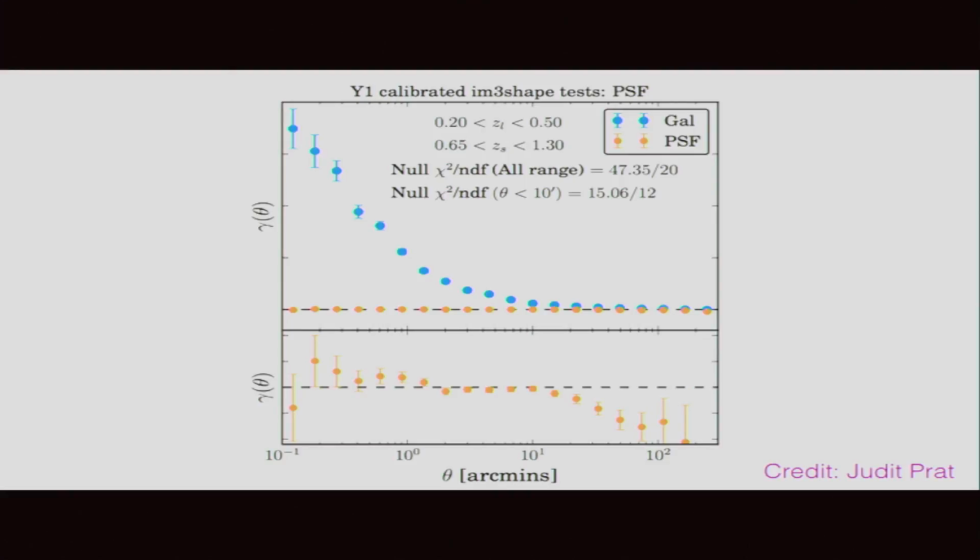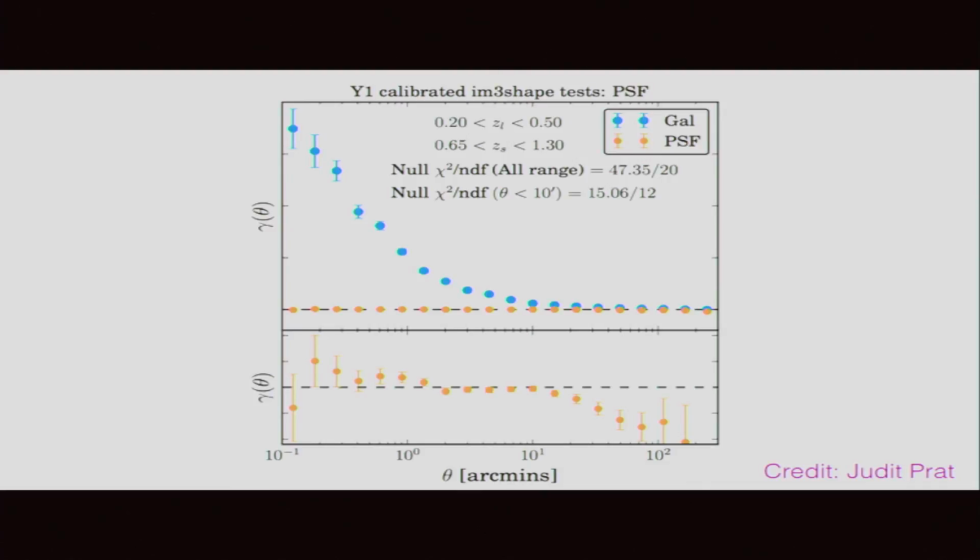It turns out this is just a correlation between the shape of the overall mask of our survey area, and the fact that at the edges of the mask, the PSFs tend to be on the edge of the fields of view, which have larger shapes and tend to be oriented along the edge of that mask compared to the average in the middle. So at large scales, around random points within your field, you tend to see those kinds of patterns rather than the opposite kinds of patterns. And so it gives you a slightly negative